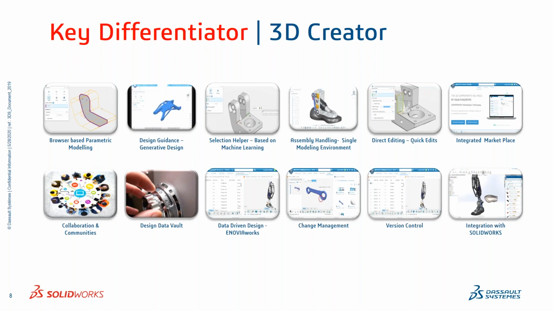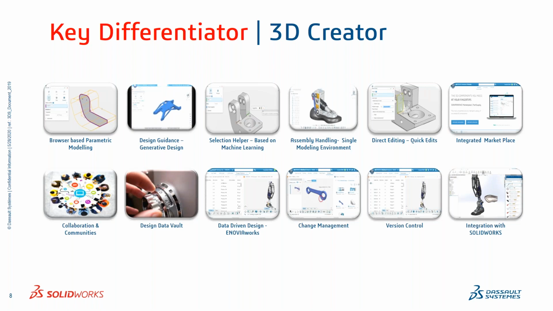Then you have another good feature which is called selection helper. Now when it comes to selection helper, a kind of machine learning comes into the picture here. So when the artificial intelligence of the software is being used here, it helps you to reduce your repetitive work. So for example,